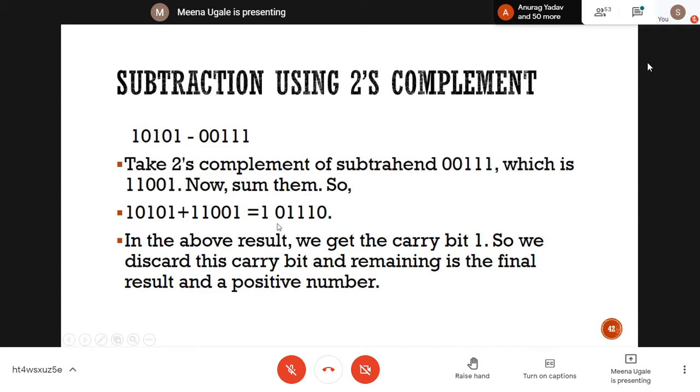This is two's complement, so your MSB is representing your sign bit. So this is your positive number. I hope you all are understanding. How to go for subtraction with two's complement is, for your subtrahend number, you take the two's complement and then you add it with your first number. After addition, whatever answer you are going to get will be your final answer of subtraction. In that case, if carry is generated, discard the carry and the final answer will be a positive number, which is the final result here. This is your case number 1.